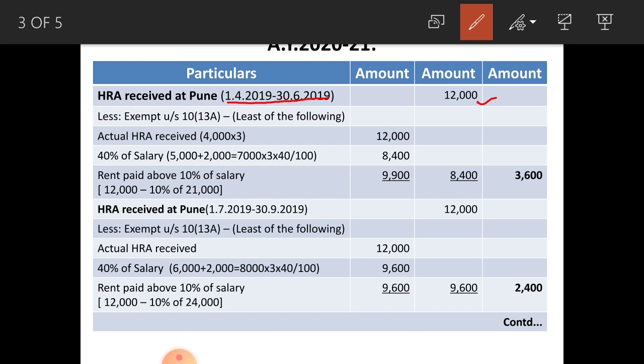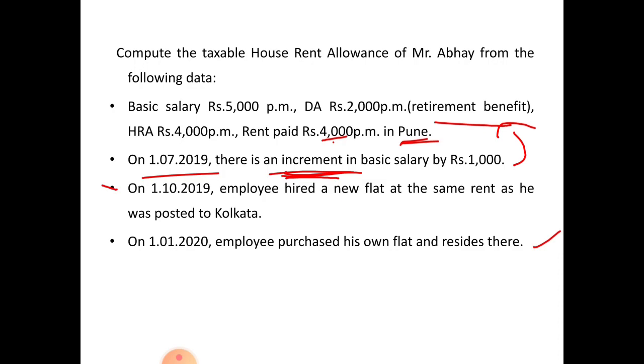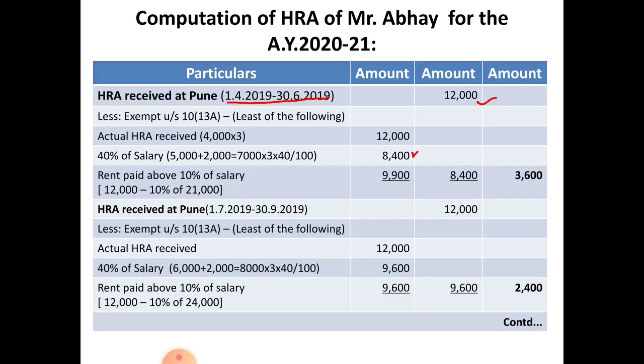40% of that 7,000 into 3, that is 21,000, and 40% of that 21,000 amounts to rupees 8,400. Next one, rent paid above 10% of salary. That is rent paid 4,000 into 3, that is for 3 months, 12,000, minus 10% of salary 21,000, that is 7,000, 5,000 basic plus 2,000 DA